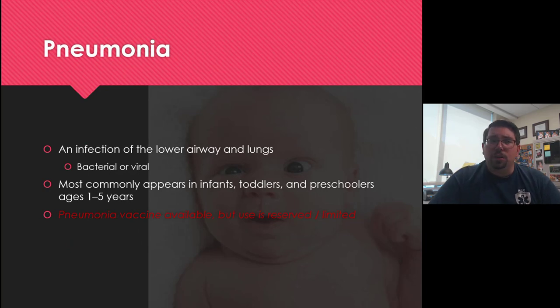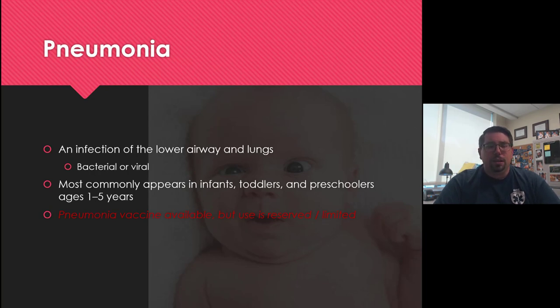Pneumonia is another component we look at. It is an infection of the lower airways and the lungs and can be both bacterial or viral. Most commonly, it will appear in infants, toddlers, and preschoolers somewhere between the ages of 1 and 5. It can fall outside of that range as well. We know that a lot of times we think about vaccines for a number of the respiratory illnesses that children will face. There is a pneumonia vaccine that is available, but it's really reserved or limited in its use in